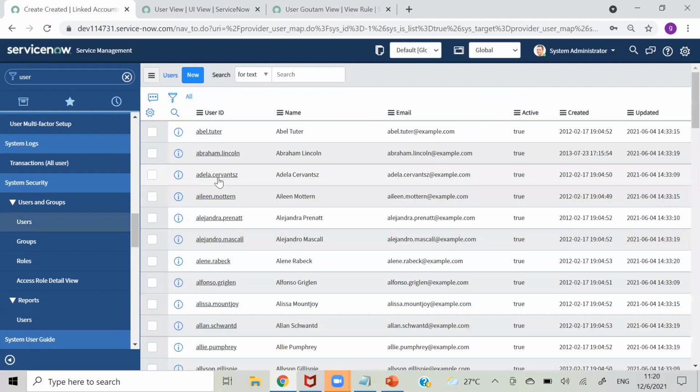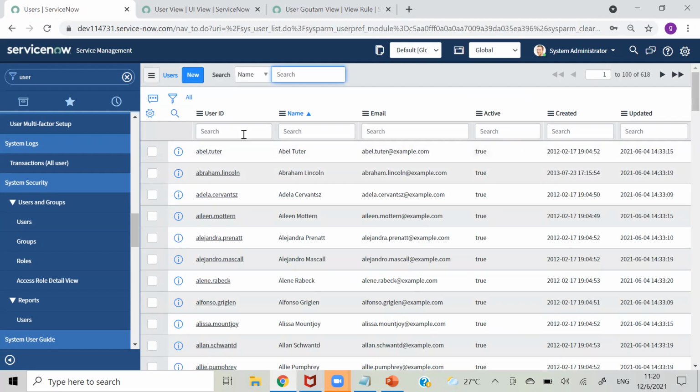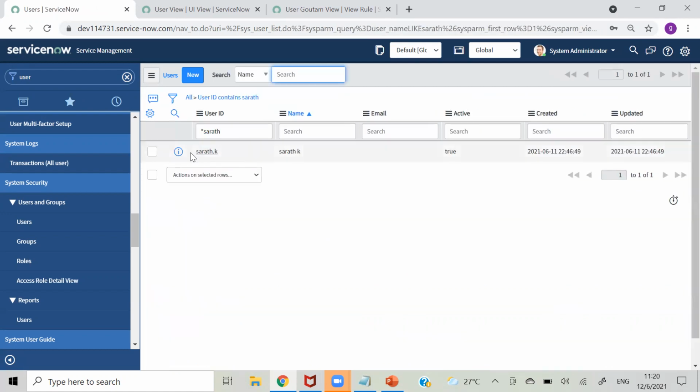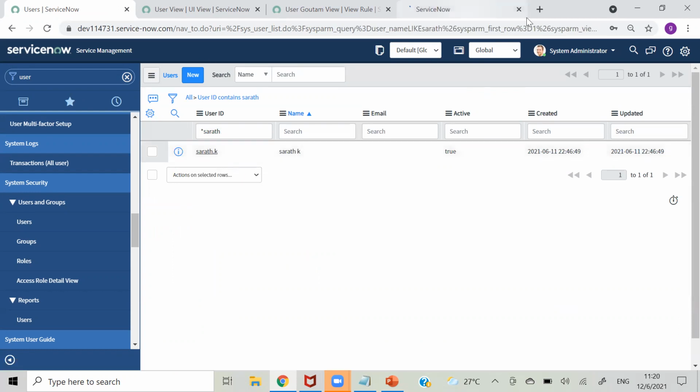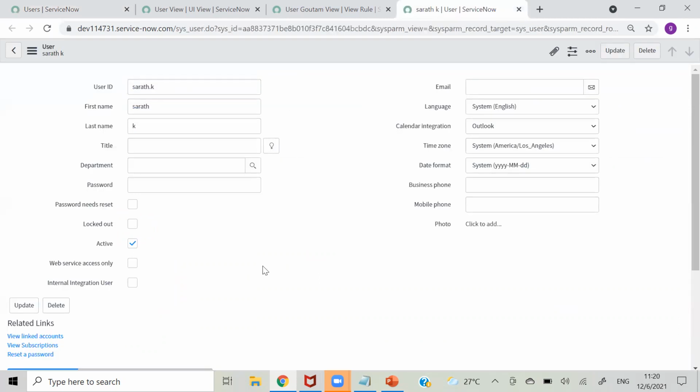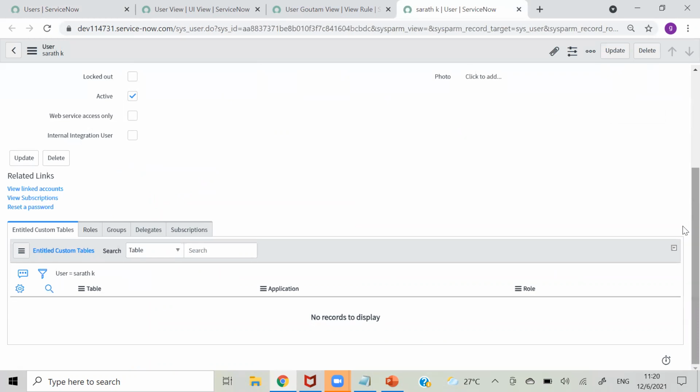But that option was not there till Paris. Entitled custom table, this is not needed. And if that person has any roles, it will display here. Okay, and groups will be displayed here.